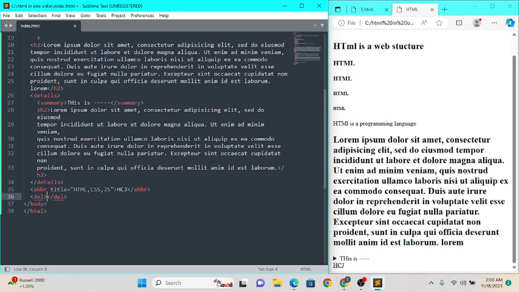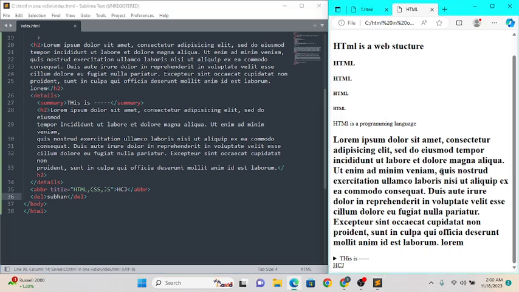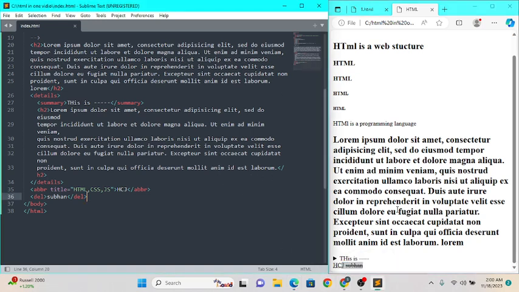If I write in the del, if I write here Subhan and then save it, Control R, it is going to show me a line in it. Because del means take it out, and then we are going to see